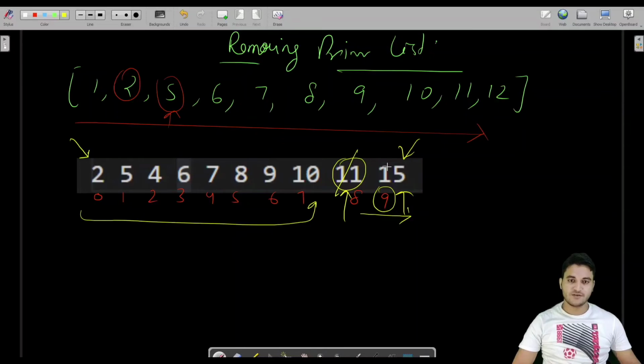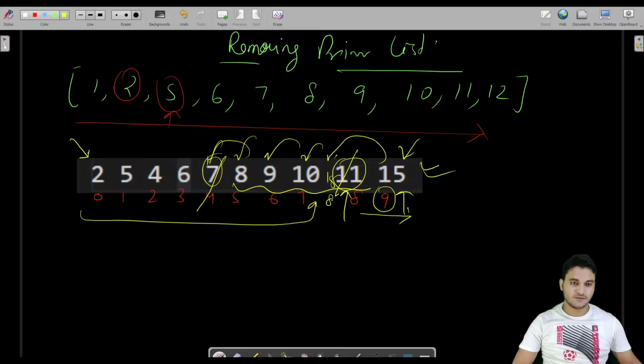Fine. So if they are not prime numbers, then what do we have to do with them? We just have to check the prime numbers, and we have already checked all the prime numbers towards our right. Now, let us say 15 is shifted to here, and the index for this is 8. Now we check for this. Now 7 is a prime number. If 7 is a prime number, we just remove it, and all of these elements are shifted to here. Index values are changed for these, like 4, 5, 6, and 7.